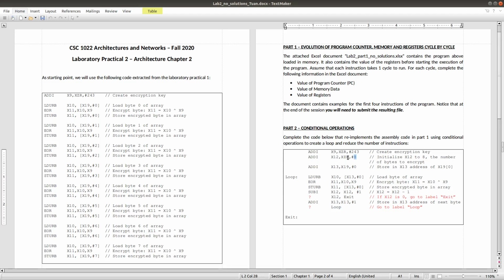It means that the value 8 will be loaded into register x12, and we consider x12 like the number of bytes to encrypt, so we will reduce the value of x12 one by one until we get 0, and at that time our loop will finish.